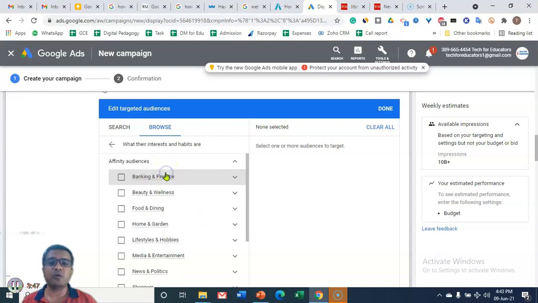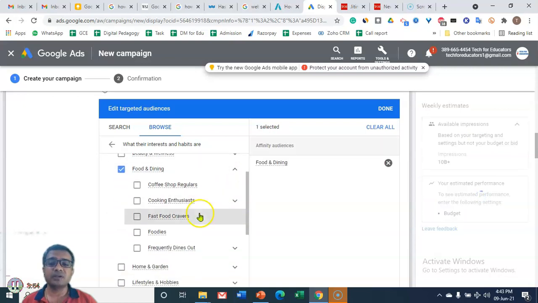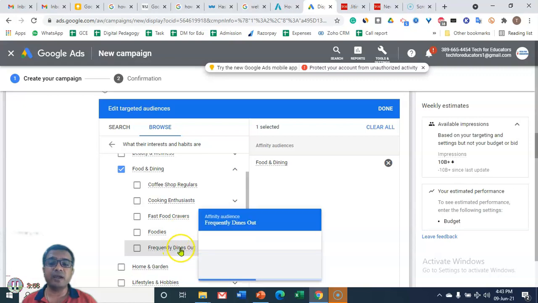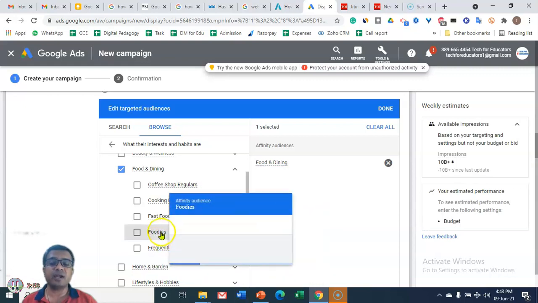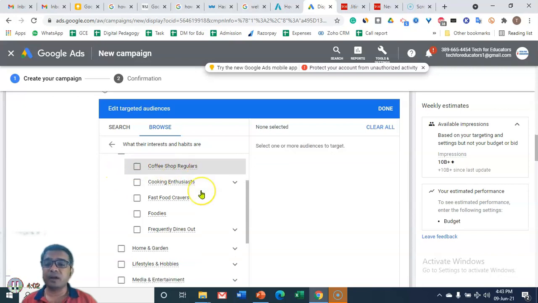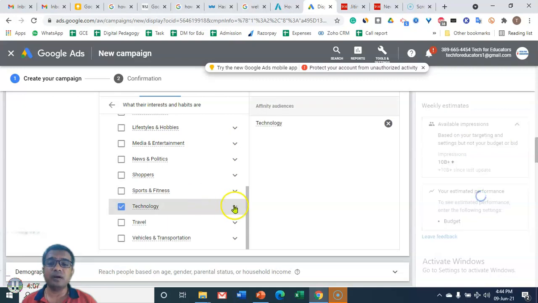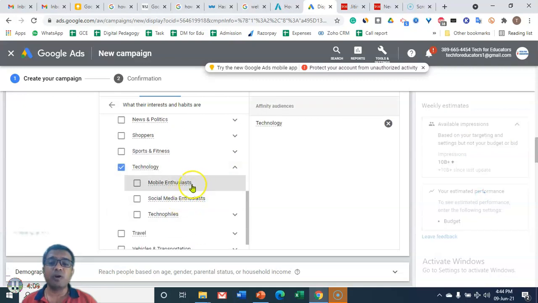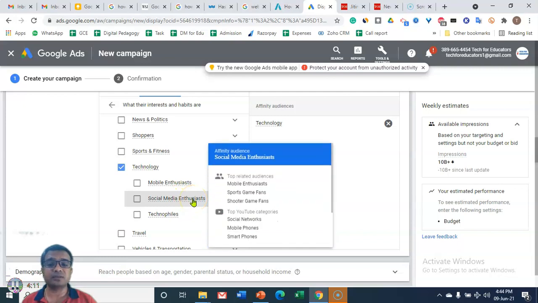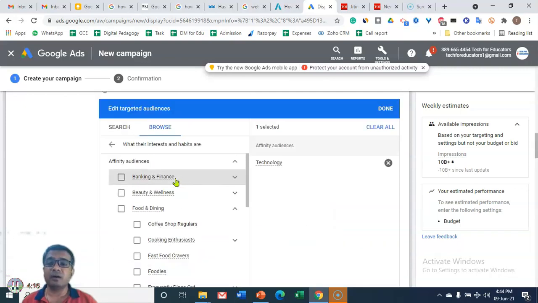For example, if I click on food and dining and more options, even foodies who frequently dine out are there. This is the behavior of these people. If you go down to technology, again you see mobile enthusiasts and social media enthusiasts. Different options are available, and based on these options we can build our targeting.